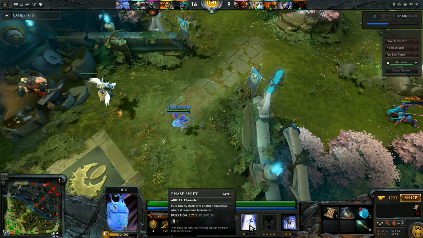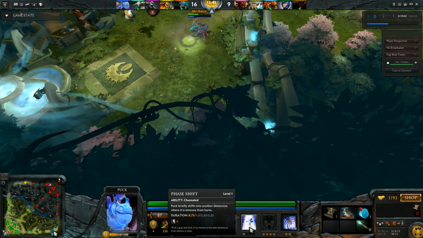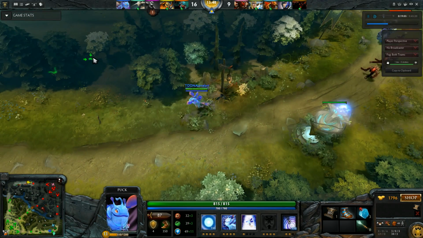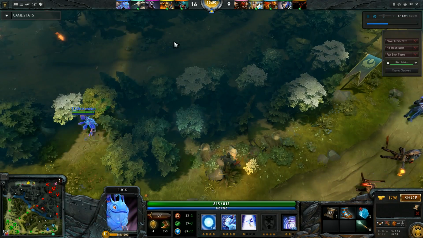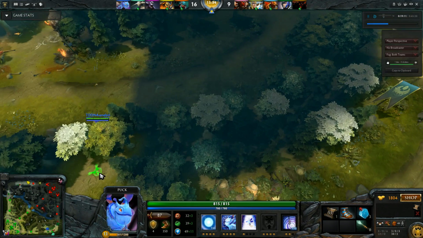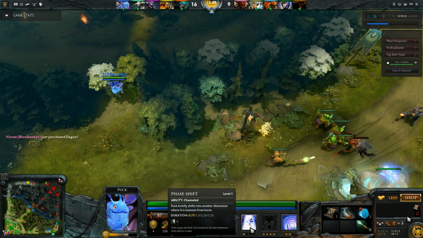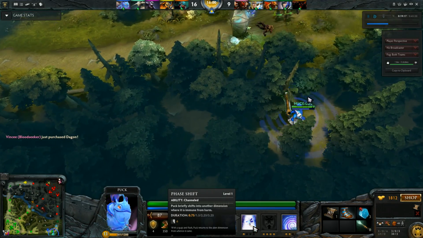But because you've maxed out the phase shift, you have that extra 0.25 seconds for it to actually just sit there and wait until it comes off cooldown, and then you can blink dagger out of that dangerous position. So that's really when you definitely want to have your blink dagger, is after you've maxed your phase shift, so that you can go into a fight,